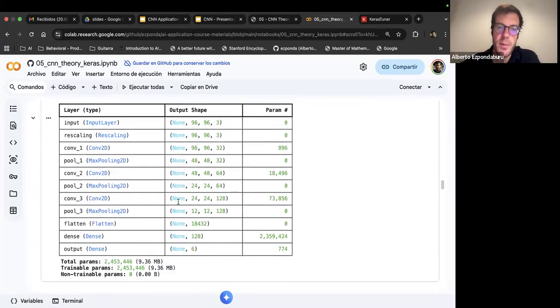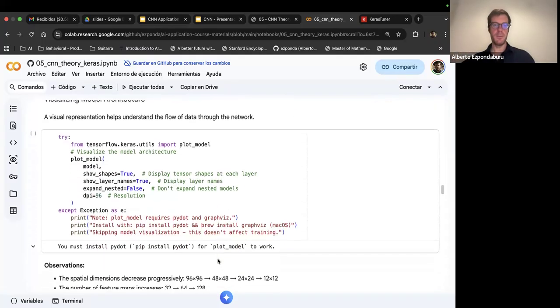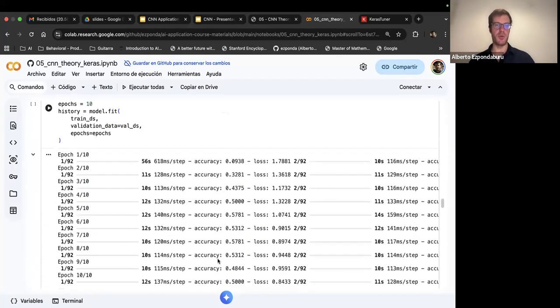If we look at the summary, we can see that most of the parameters are in the dense layers. It happens a lot. The initial filters have very few elements compared to the dense layer. Here we have the training. Okay, and now we